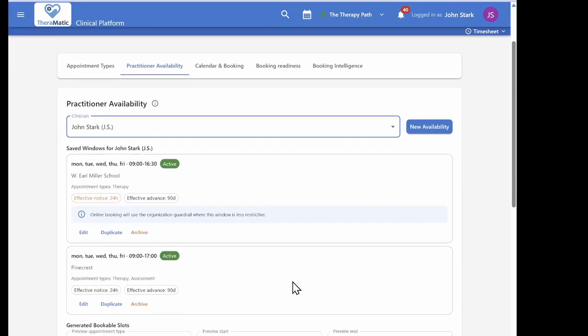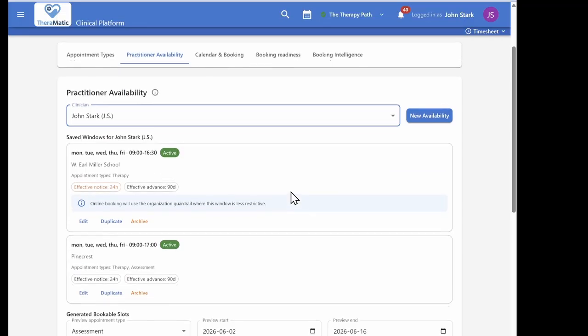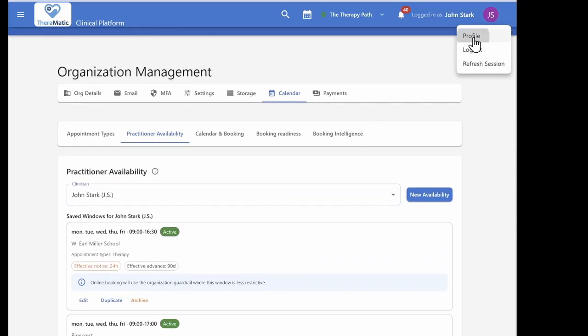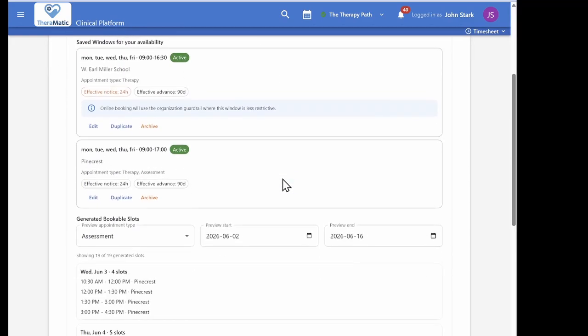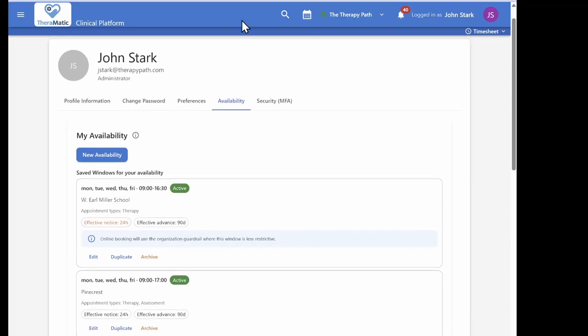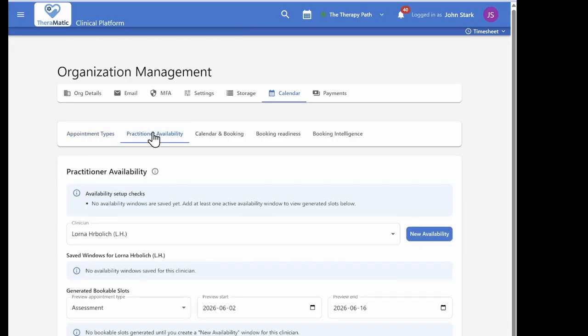And so they could create the availability here for the clinician, or the clinician could go into their profile and change their availability themselves by creating new time slots available for appointments. So if we go back to the organization management page, that's where a clinician would set up their availability for